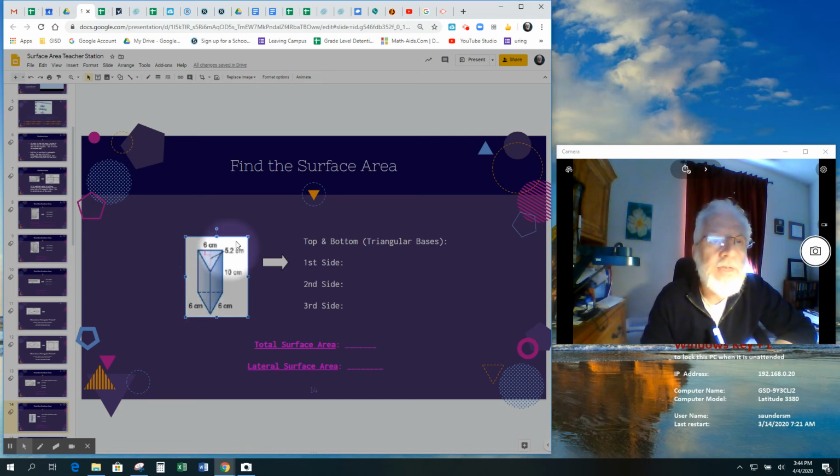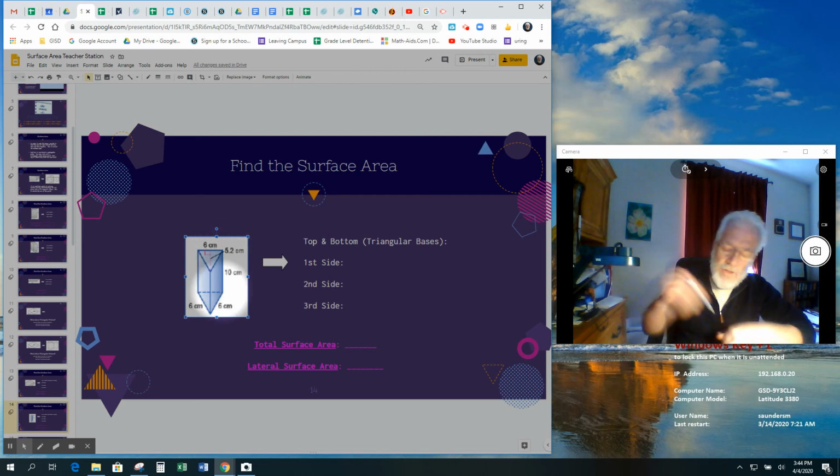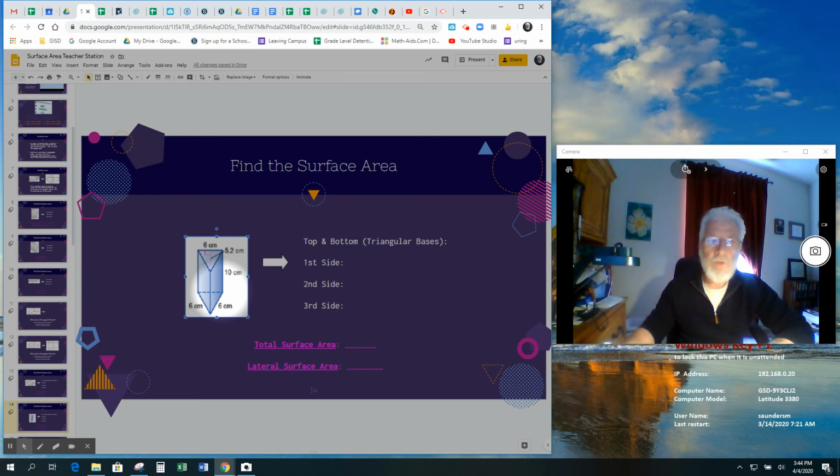And lastly, I have this rectangle right here. 6 centimeters wide and 10 centimeters tall. Okay, so he's also 6 by 10. So 60 centimeters. Okay, so my total surface area, 60 times 3 is 180, plus 31, so that would be